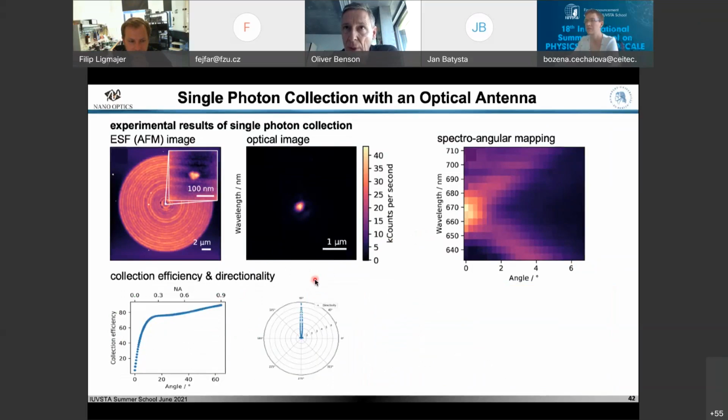And why is it so important? I mentioned this a number of times, 80 and 90%. These quantum repeaters, or even if you think about quantum networks, in the end, your emitter is a single atom or single atom-like object. What's the typical lifetime? Nanosecond, maybe. This means you have 10 to the 9 photons per second.